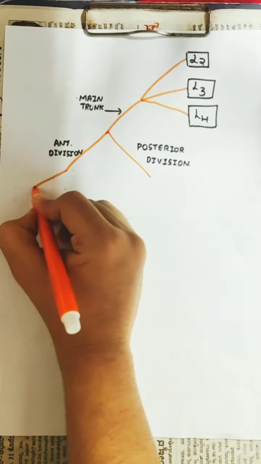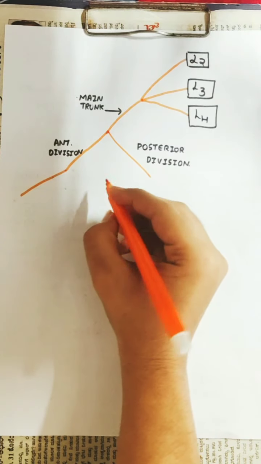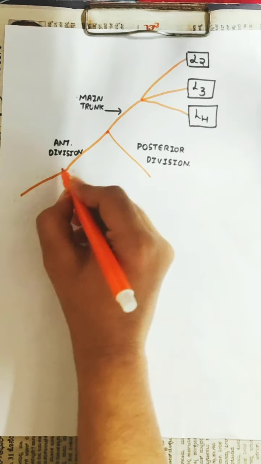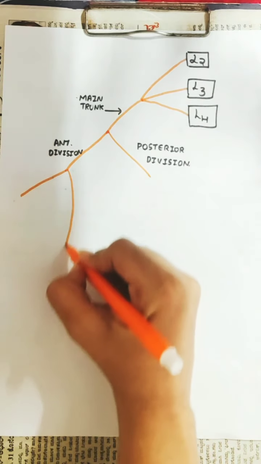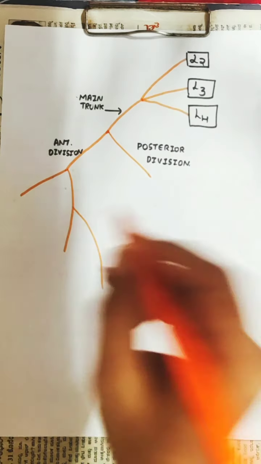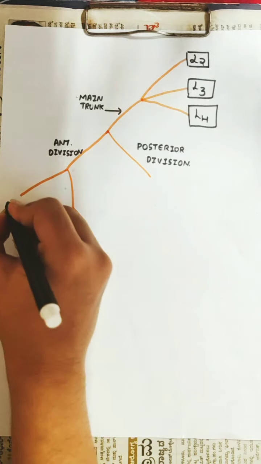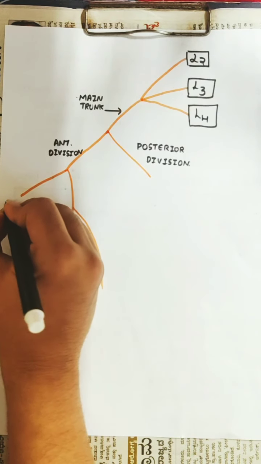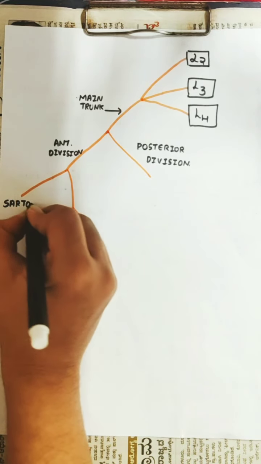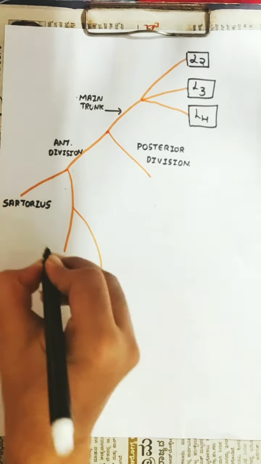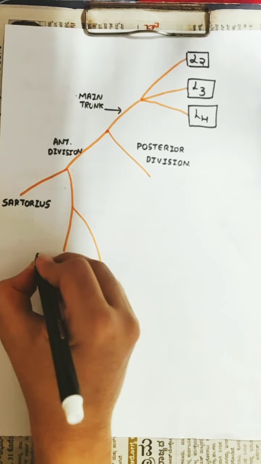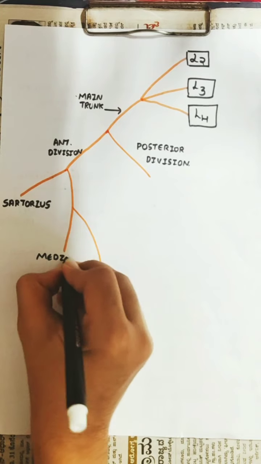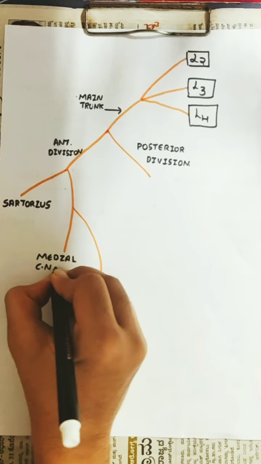Okay, so this anterior division gives one muscular branch and two cutaneous branches. The one muscular branch is the sartorius muscle, and the two cutaneous branches are the medial cutaneous nerve of thigh